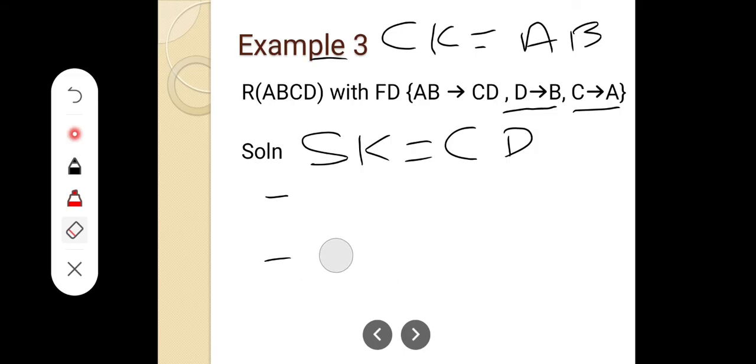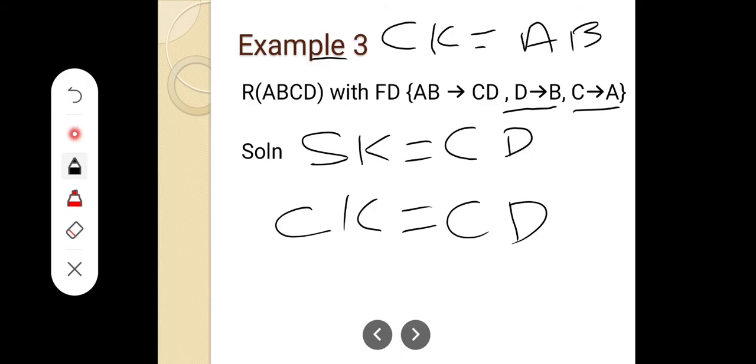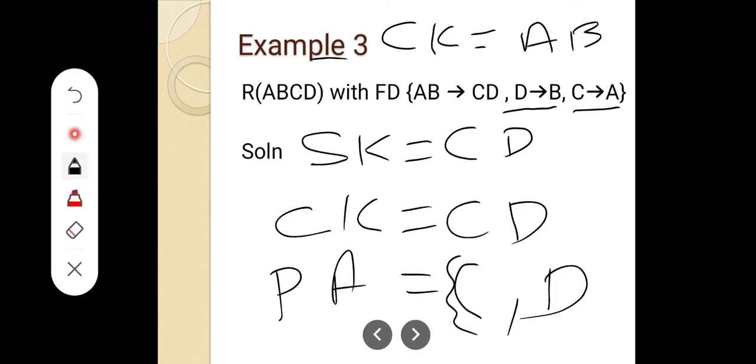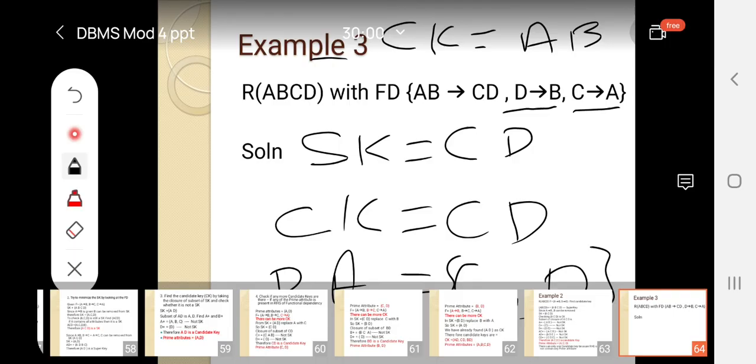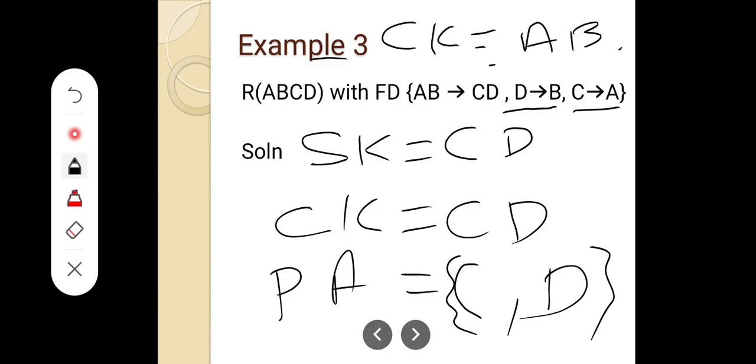I am rubbing because I don't have any space, that is why I am rubbing it. Okay, so the new candidate key will be CD. Prime attributes will be C, D. Clear? Now we will again check whether there are any more. Before that I will note it down. Already we have got two candidate keys, AB and CD. CD is the next candidate key. So AB, CD. Now we will check whether any more candidate keys are there.